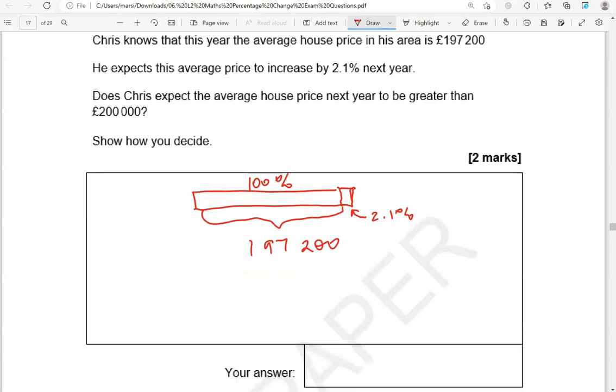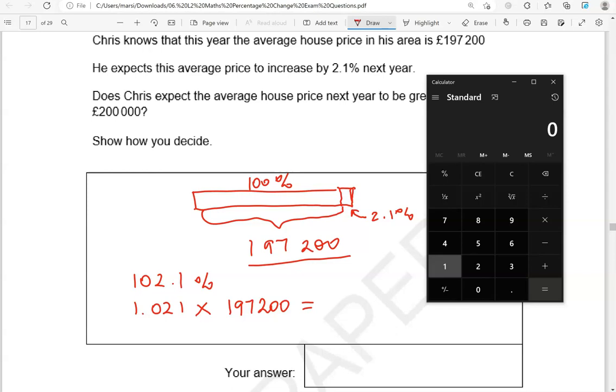So that will be on top of the 100%. 100% is this number that we have here. So if we add 2.1% on top of the 100%, that will be 102.1%. As a decimal, that is 1.021 of 197,200. So if I just do this in the calculator, 1.021 times 197,200, that gives us